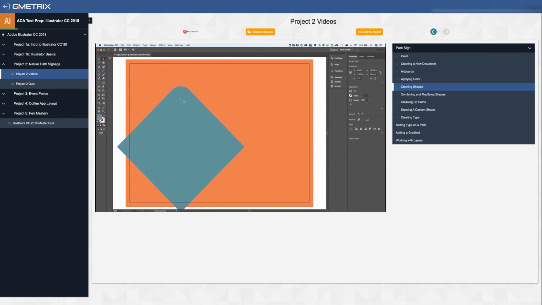and now I'm only going to round that corner of the shape. Now, one thing to keep in mind, if I switch back to my selection tool, I am still able to adjust those corners for all of them if I wish. But I only wanted to round the top one, so that's pretty good. Now I'm going to make a copy of this. So if I hold down the Option or Alt key and I drag this, I can make a copy of